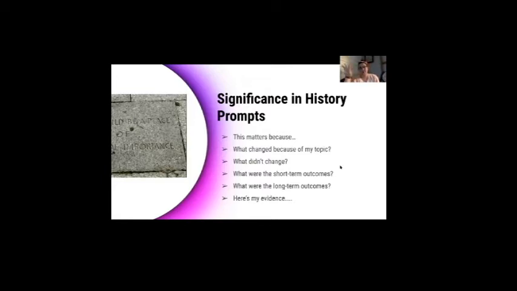But then when it comes time to do their own project, they're going to feel so much more confident in being able to do it on a topic that they choose. Yeah, for sure. Build that scaffolding throughout the year of making claims, proving it with evidence, and writing an analysis to connect it together. Okay, so I'll turn things over to Wendy to talk about significance.